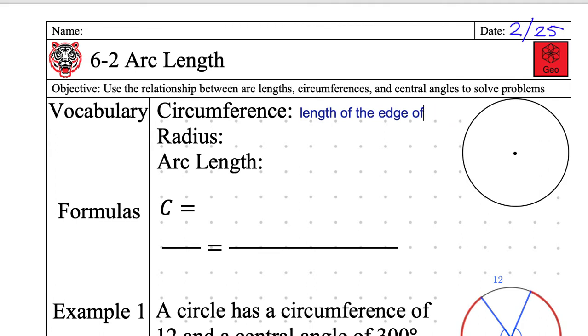We were talking about circles, so I'm just going to say the length of the edge. That means if I were to chop the circle right here, and then peacefully rip this circle and unfold it to a straight line, the length of that straight line is the circumference. Or you can think about it this way: I don't have to rip or break anything. If I'm a peaceful ant that's walking around the edge of this, how far do I have to walk to go back to where I started? That's the circumference.